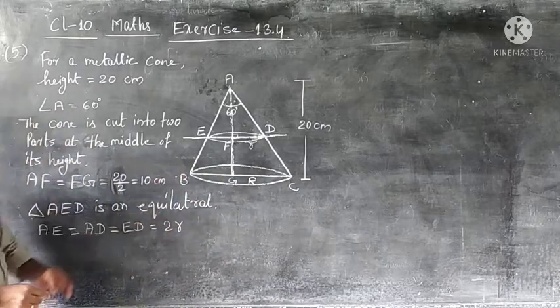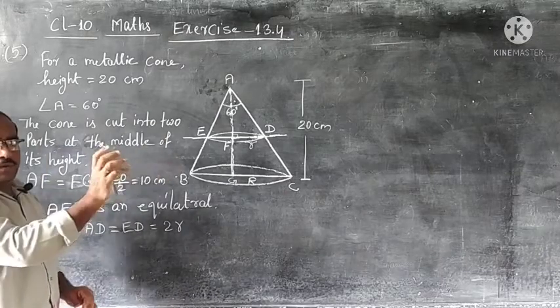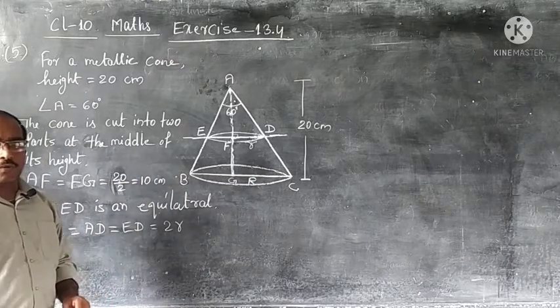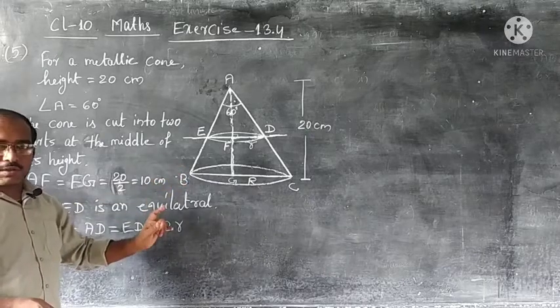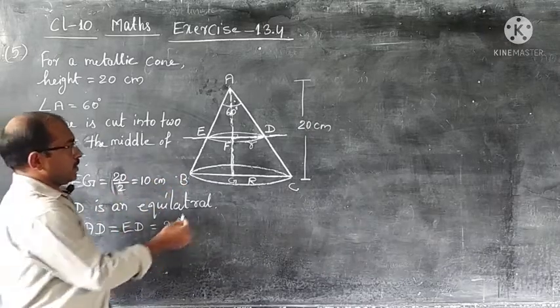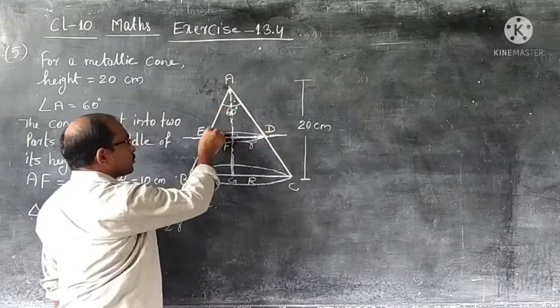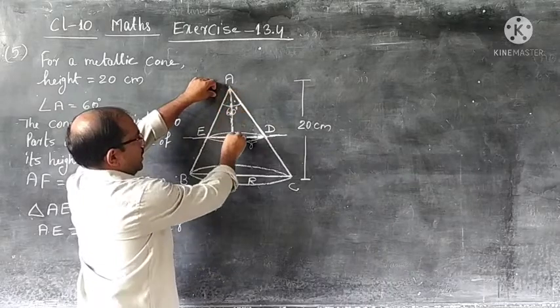I hope till here you have understood. There are things to understand in this question. The volume part we will do with no doubts, because in all the questions we have worked with the volume of different shapes. But these things are there to understand in these questions. So this side is 2R, this side also 2R, this side also 2R. Alright.